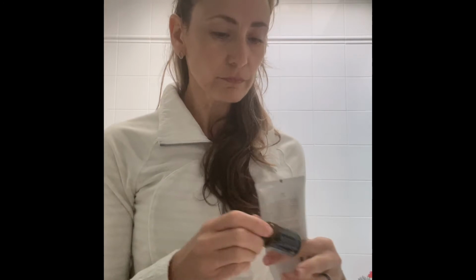I really like doing this one at night. So the Balance is really calming and grounding, whereas the On Guard is protective for during the day. And I don't shower twice a day, but if I'm getting dressed in the bathroom, that's kind of my ritual. Then I have